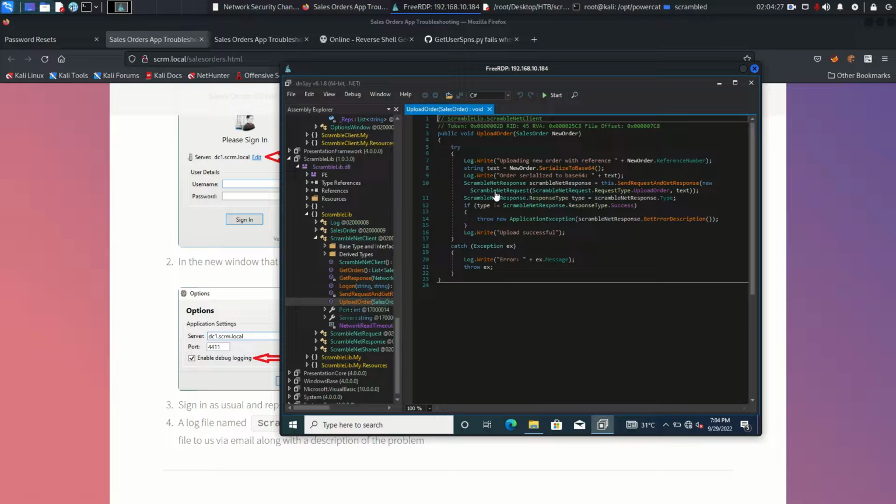So if we go to this upload feature, it's inside the DLL, Scramble lib and then Scramble net client. Inside Scramble net client you will find this function. So once you click this function, here is the code. If you see the code closely, you will find here